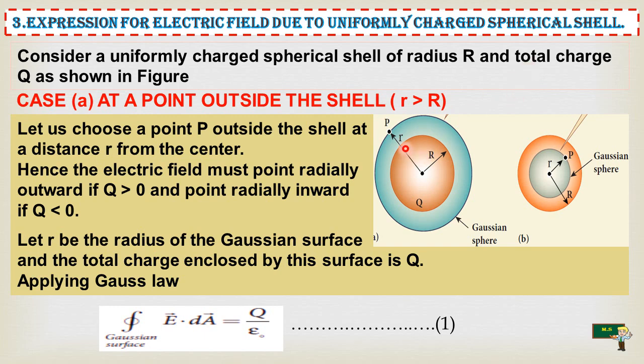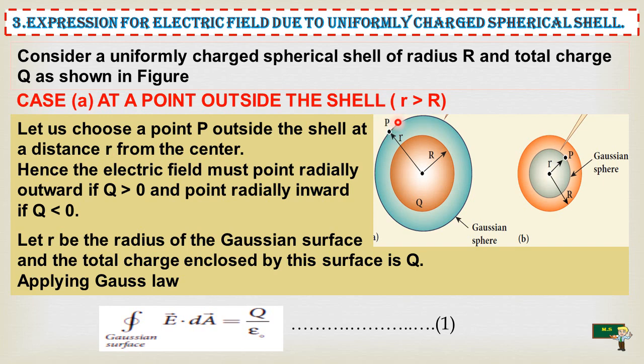See, consider this as like the Earth. This is the center position and the charge Q is inside. This is the outer side of the Earth. That means this capital R is the radius of the Earth, and this is the small r, and the point P denotes the satellite away from the Earth. I think now you can understand easily.